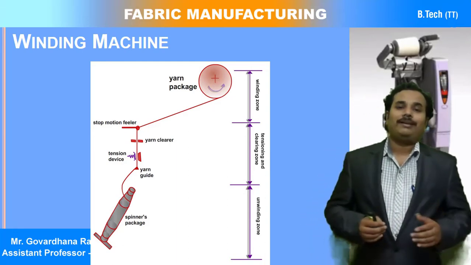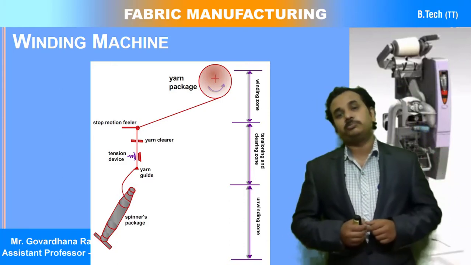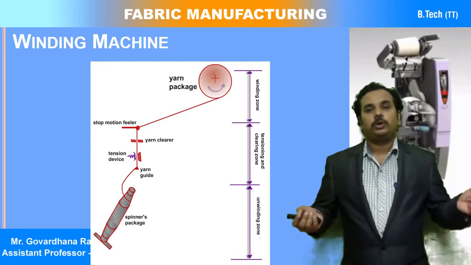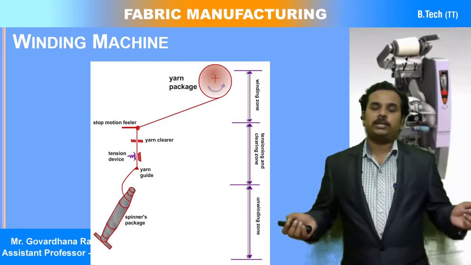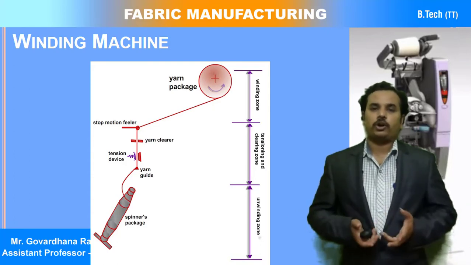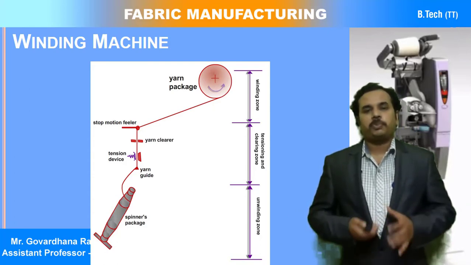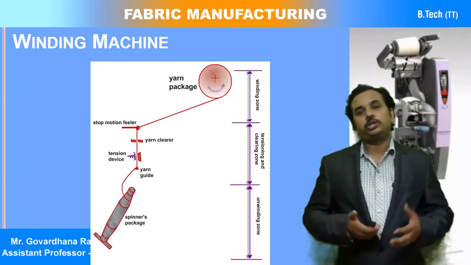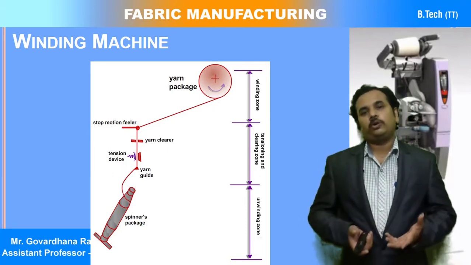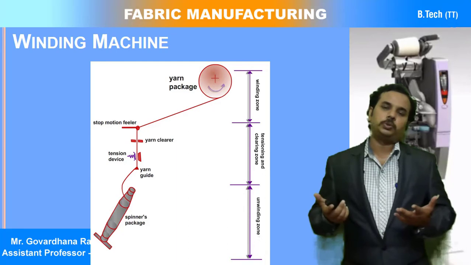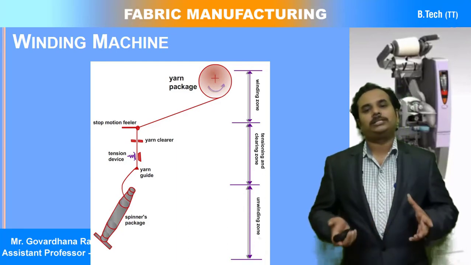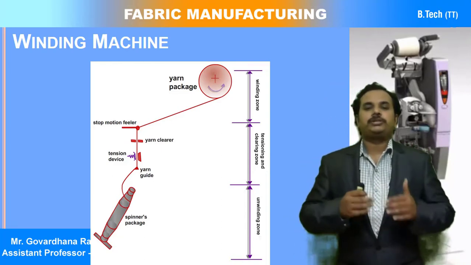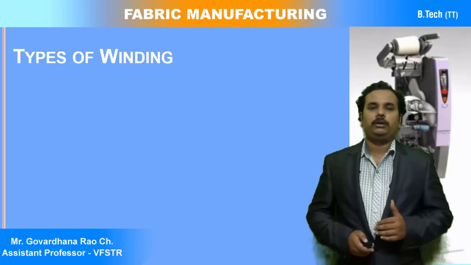After removal there will be a knotting process or splicing process, because when we remove the objectionable faults, the yarn becomes 2 pieces. These 2 yarn threads are to be joined with the help of a knotting process or a splicing process. After knotting or splicing, the yarn is the joining of 2 ends. After joining these 2 ends, the yarn is wound into the package to make a larger package. So this is a simple winding machine where simple steps are available in winding technology.